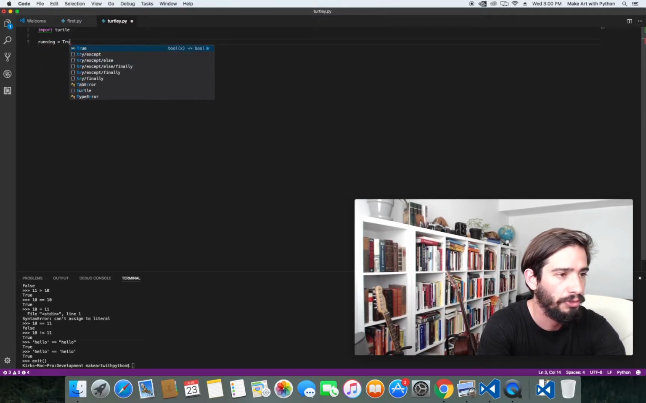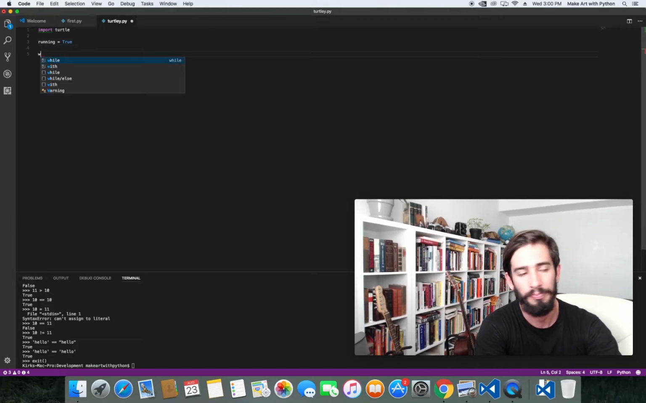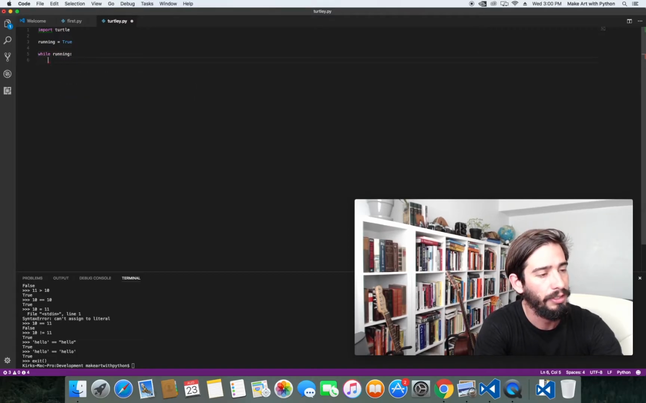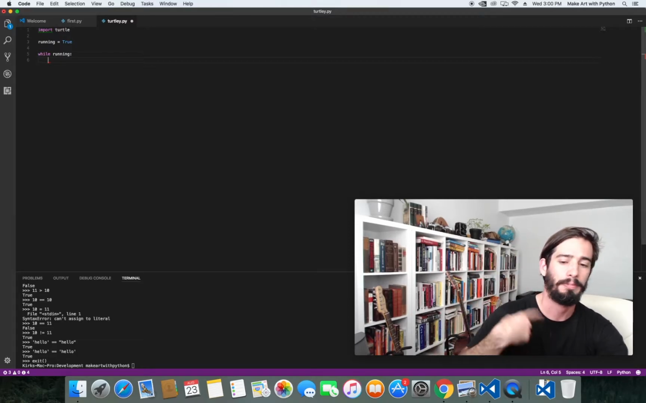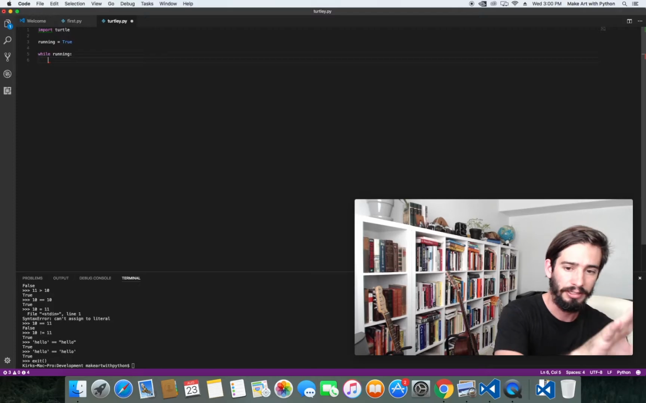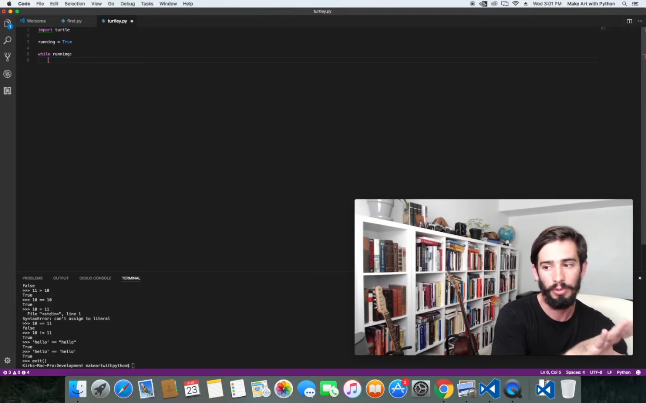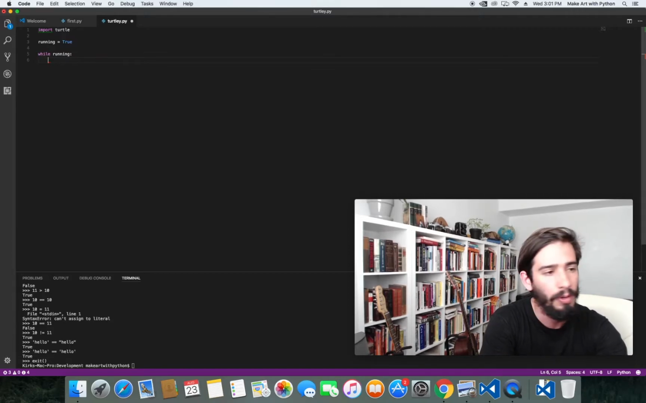Running equals true. So we're creating a variable called running, and we're setting it to equal true. And then we're going to do a while loop. So while running, this is saying, while running is true, do this over and over again, right? And as soon as running becomes false, stop doing this. And since there will be no code after this, the program will stop running and exit. So while running, print